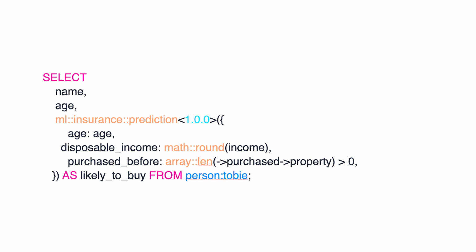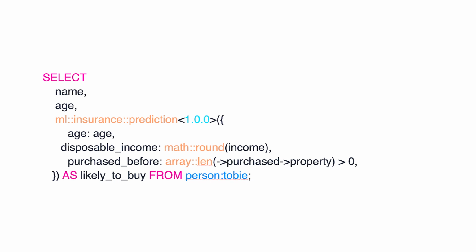So in this short example, what I'm saying is this function, I want to run an insurance prediction inference every single time, or for every single record that I'm selecting. Now, I'm only selecting from a single record here, person Toby. But effectively, what this is going to do, it's going to run that model,